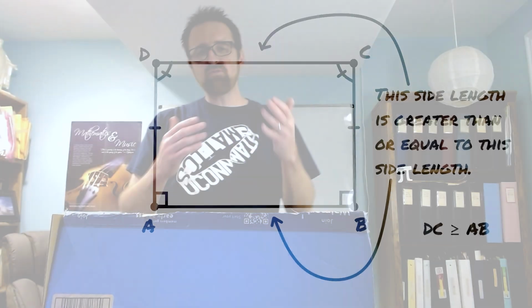Give it a try. If you find that you can eliminate the acute case or show that the length DC is equal to AB, then you either did something incorrectly or you used a statement that is equivalent to Euclid's fifth postulate, which would defeat the entire point of trying to create a rectangle to prove Euclid's fifth postulate. You can't use the thing that you're trying to prove as part of your proof. We call that circular logic, and we're talking about rectangles, dang it!